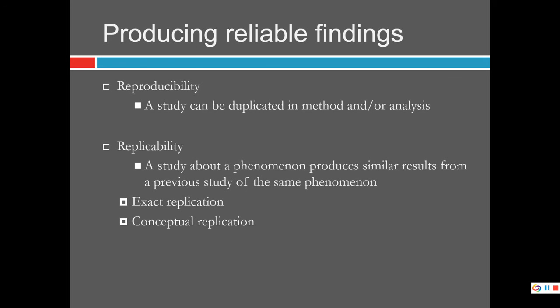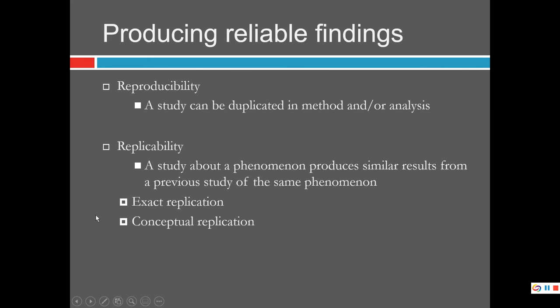Like if you are priming somebody with words about the elderly, I talked about that earlier, and seeing if that activates people's concept of slowness and maybe they walk slower. Okay, well, maybe a conceptual replication of that is that you prime elderly words and you see if people perform a different task more slowly, or if they shift their perceptions in a slow manner or something. So a conceptual replication is different because you might operationalize your dependent variables or your independent variables differently and show that this relationship exists even when you don't do things exactly.